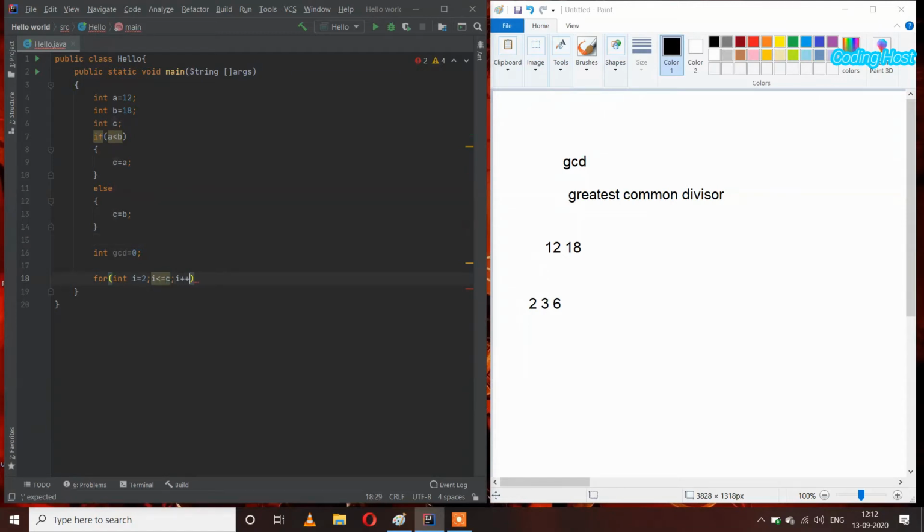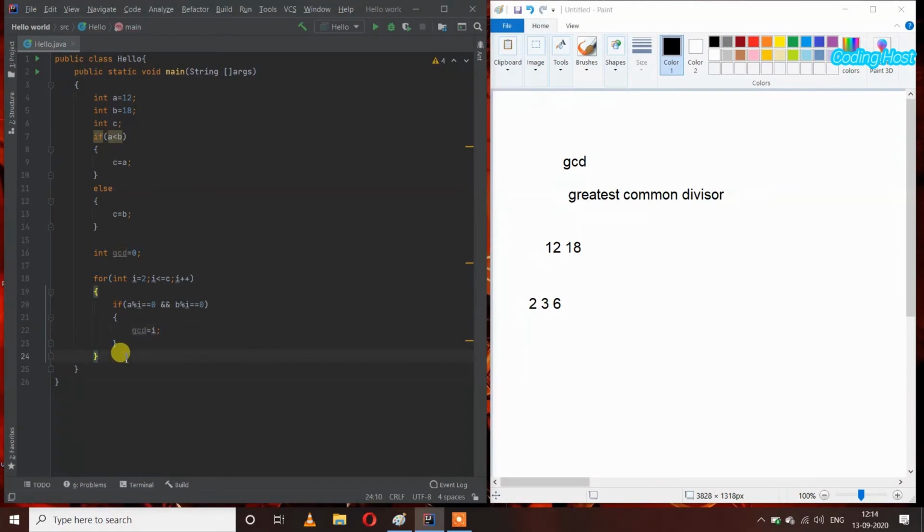After that, i plus plus to increment the value of i, and inside this I will use an if statement. If a modulus i equal to 0 and b modulus i equal to 0, then inside this I will assign gcd equal to i.